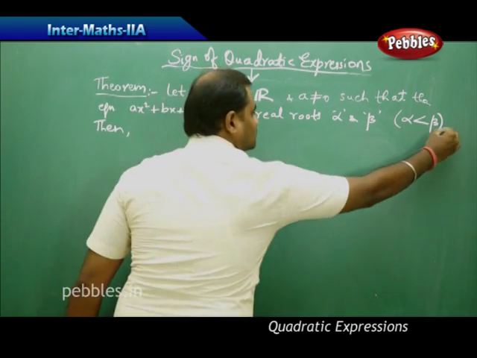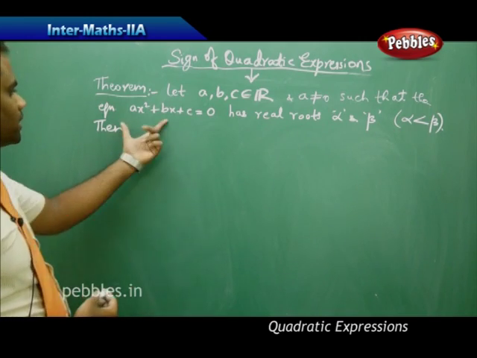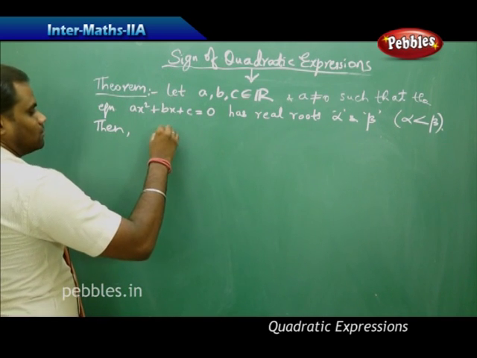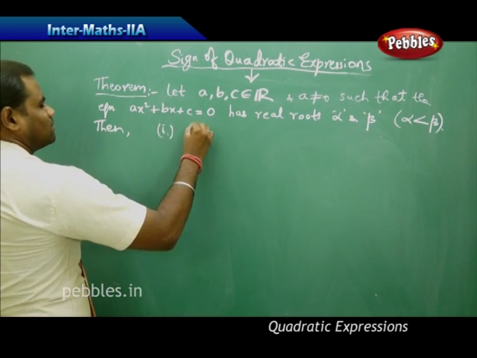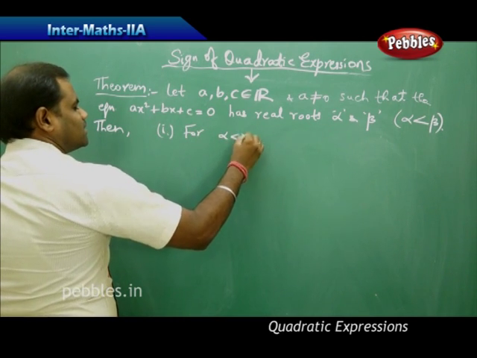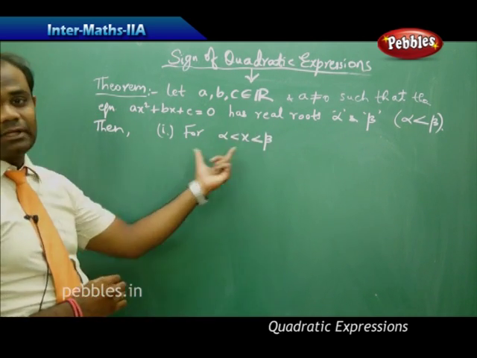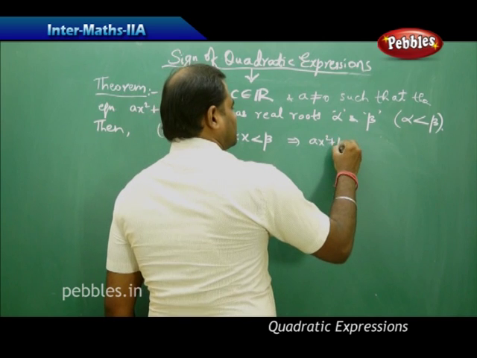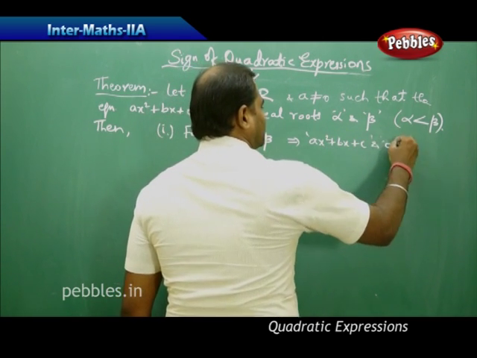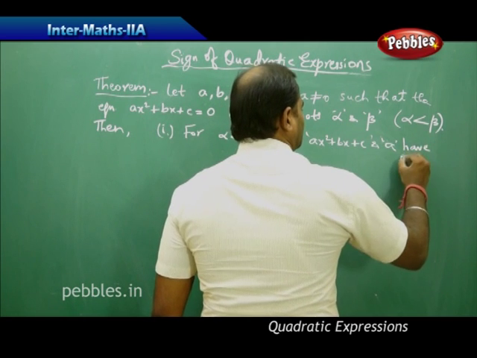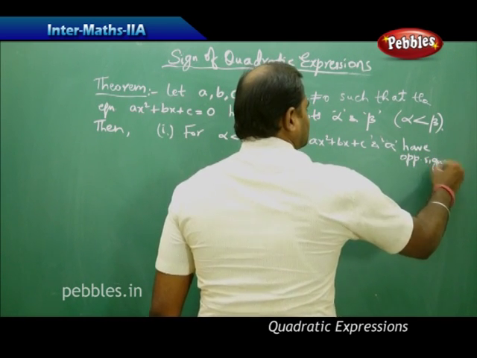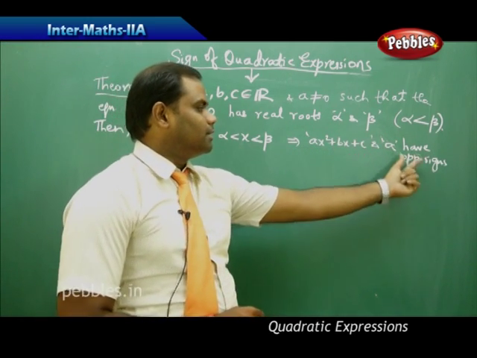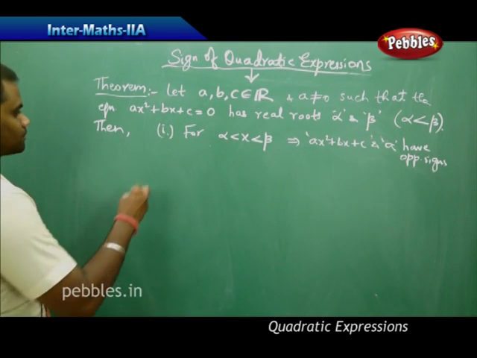Then I'm going to prove that with these conditions of this quadratic equation having real roots alpha and beta with alpha less than beta, initially I prove that for alpha less than x less than beta, that is when x lies between alpha and beta, we have ax squared plus bx plus c and a have opposite signs. So we have to prove here that when x lies between alpha and beta, then this expression and a will have opposite signs. Similarly,